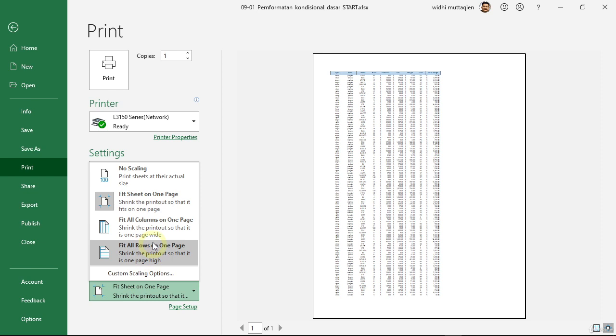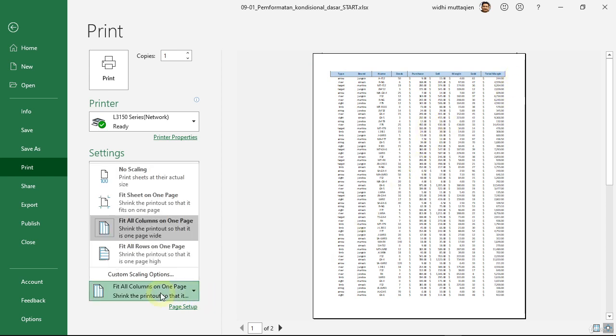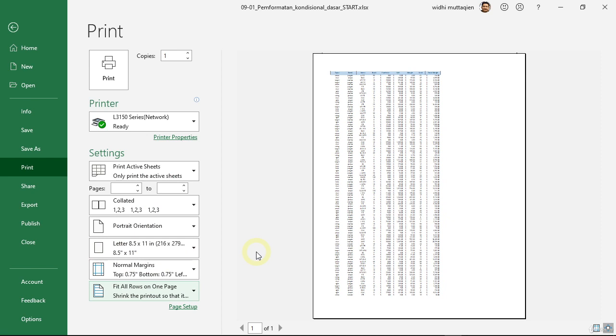The next option is Fit All Columns. This option will scale the entire content based on the width. Essentially, Excel will make the content or the table width to fit into the width of the paper. The last option is Fit All Rows on One Page. This option is somewhat similar to the previous one, except that it is not based on the width, but rather on the height or the number of rows. In other words, Excel will scale the content or the table size so that all the rows fit on a